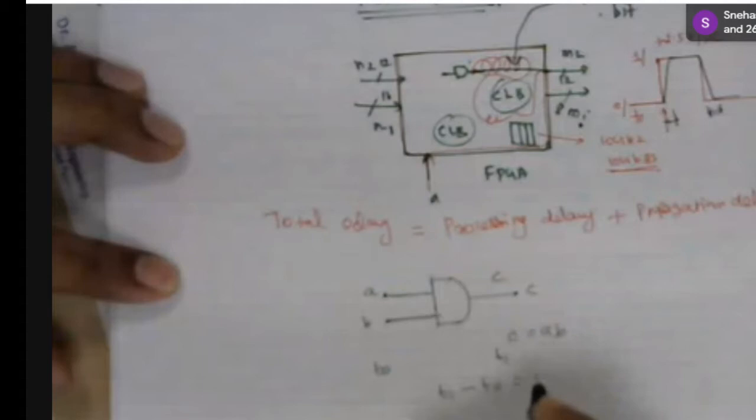Suppose you take your FPGA like this. Here is your device, and I'm giving the input at this point. This has to travel internally and first reach this device. Then the device will take some time for its internal processing. Then the output will be generated, and that output will reach here. This is what we call the propagation delay. This is the processing delay. Again, this is the propagation delay. So all together, the total delay is equal to the total propagation delay plus the total processing delay.